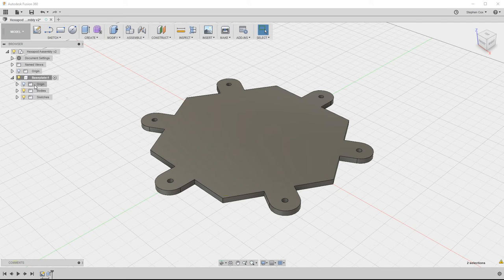The origin, it's carrying its own origin, but that's currently turned off. We've got a folder called bodies, and bodies contains the 3D geometry that's related to this component. So in this case it's our base plate model that we've just created. And then we've got a folder called sketches, which is carrying the sketch information that we use to actually create